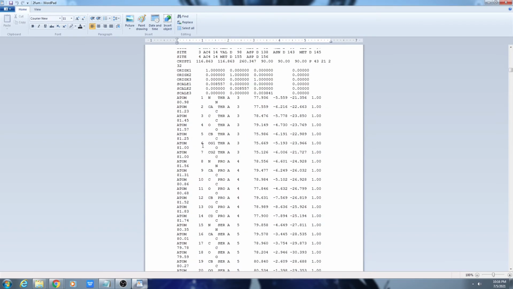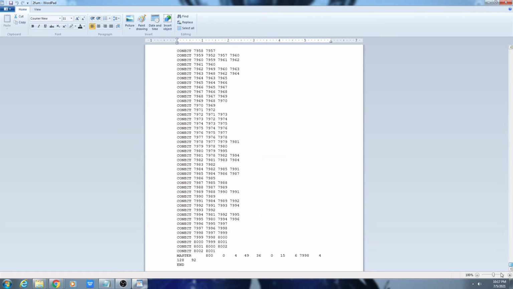It is ATOM 1 N THR A, and these are the residues of the protein. Now we can scroll till the last. At the end you can see MASTER, CONECT and END.